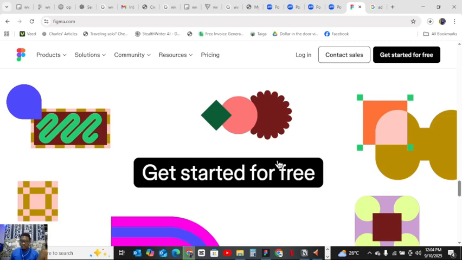When you come to the footer, you're going to see download. You click on download, and now you have the desktop app and the mobile app.